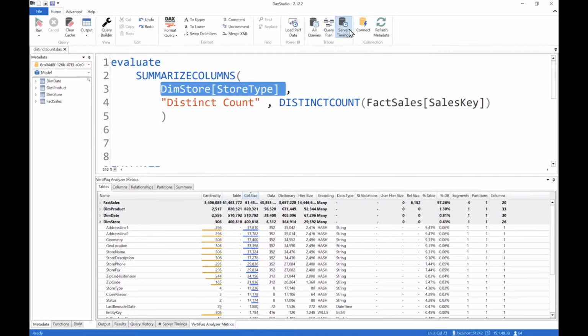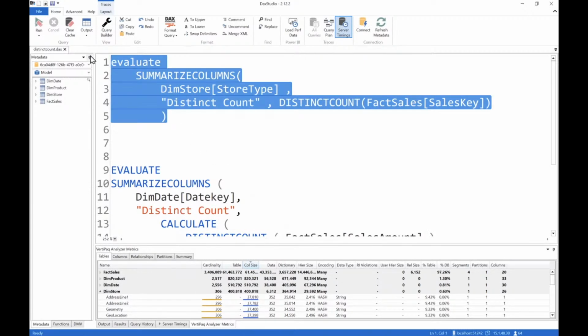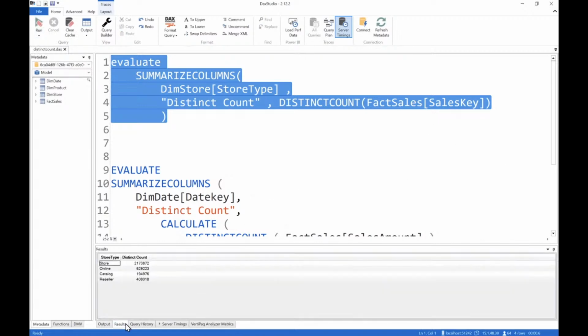So I'm going to turn on my server timings, which is going to show me how much time was spent when I run this calculation in the formula engine versus the storage engine. Plus, it's going to tell me how long it took to run it overall. So we're going to clear cache and run this, and that's completed. We have some results,